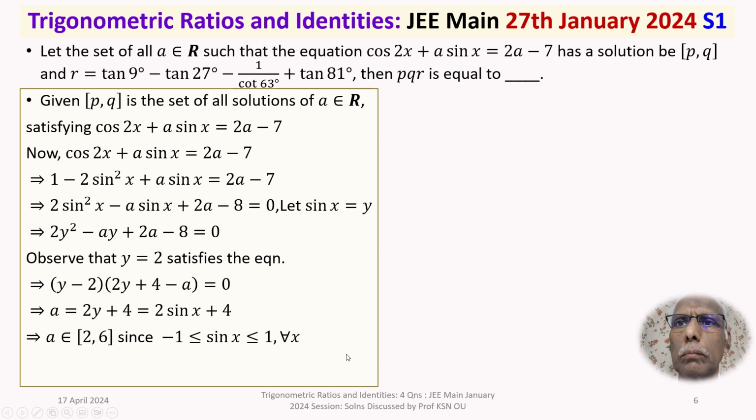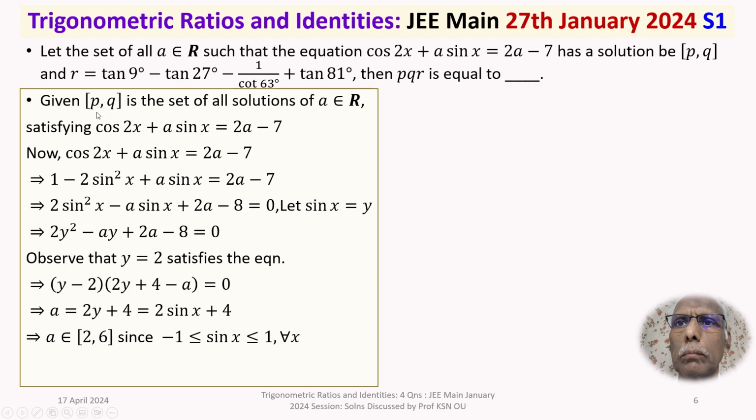So A belongs to the closed interval 2 comma 6, because sin x will lie between minus 1 and plus 1 for all x belongs to R, including minus 1 less than or equal to sin x less than or equal to 1. Because of this equality only, this closed nature has come. This is true for all x belongs to R. So now